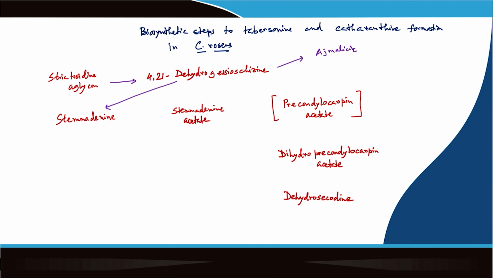Dihydrosecoidine, and from dihydrosecoidine either catharanthine or tabersonine is formed. Now, if I put the arrow,